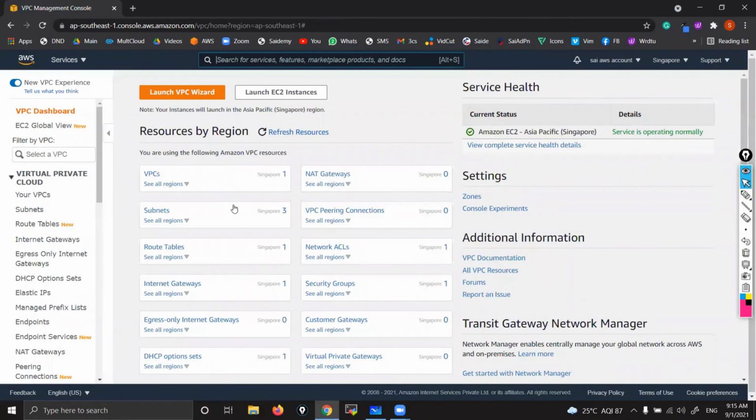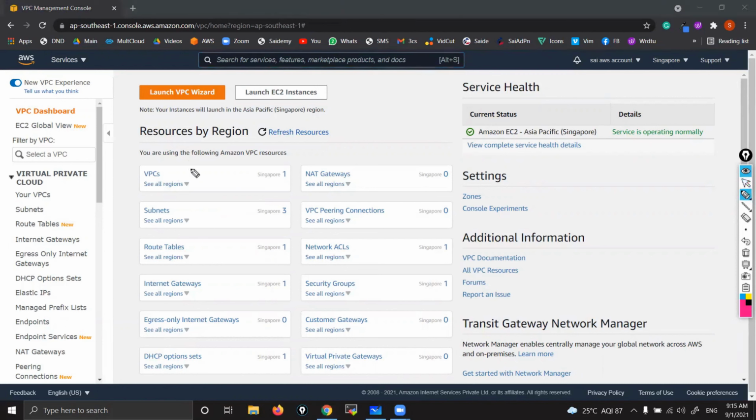Earlier that used to be the older dashboard. Recently they have just modified this dashboard. But the options are almost the same, no difference at all. Just a few modifications have taken place, but that's okay. Those are not so difficult. Okay. Now here